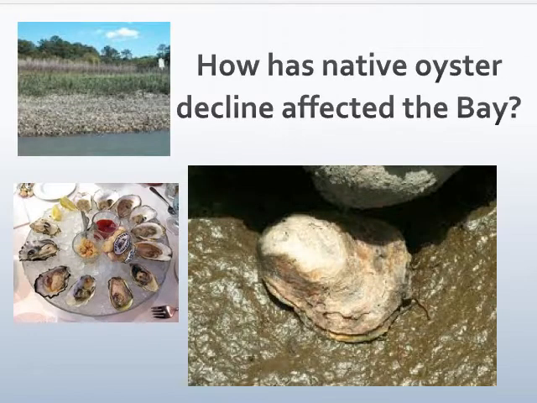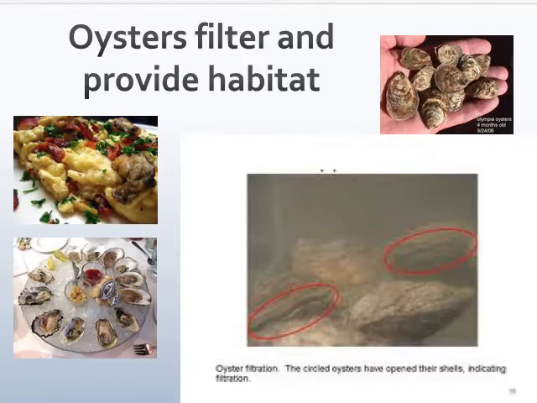So now we're going to look at a few different organisms that are ultimately being affected by human activities. And the first is we're going to look again at these native oysters. These oysters are animals that live in the bottom of the bay, and they are usually filter feeders. And their populations have been dramatically declining over the last 100 years. Now these oysters are often considered a keystone species.